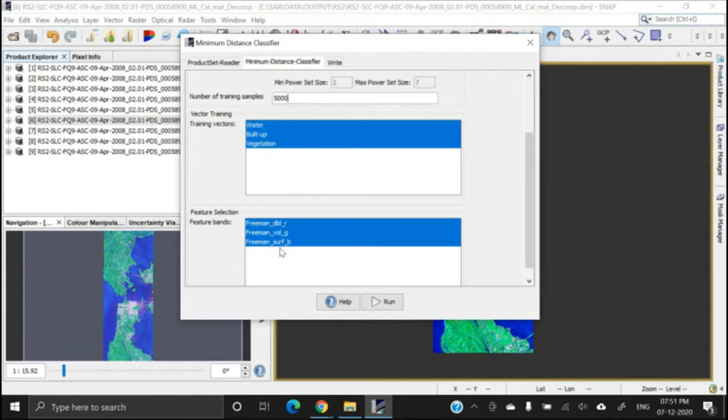Hyperspectral images are even better than the multispectral image, since we have hundreds of bands. Now see, in case of radar also, single pole data, or even dual pole data, are inferior for classification.